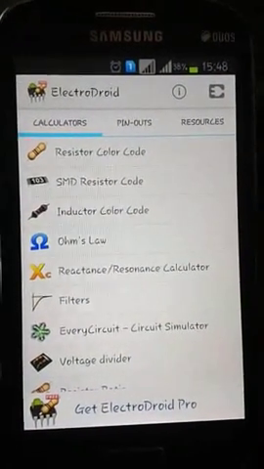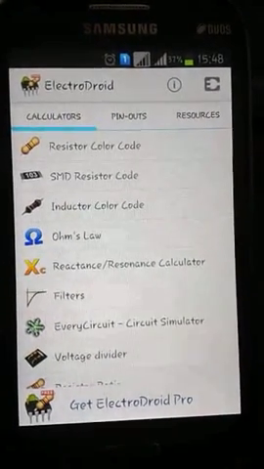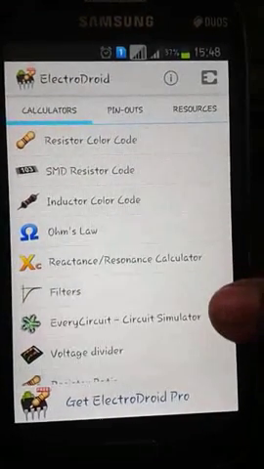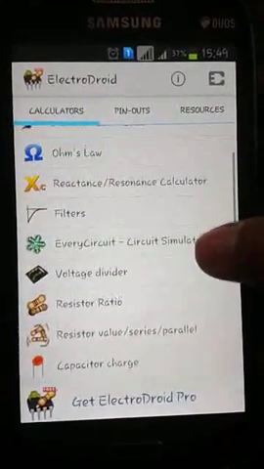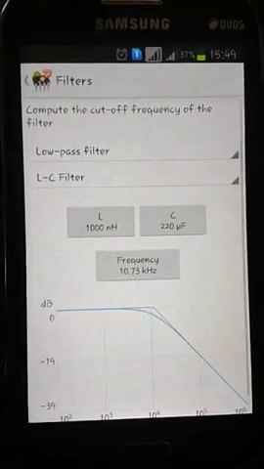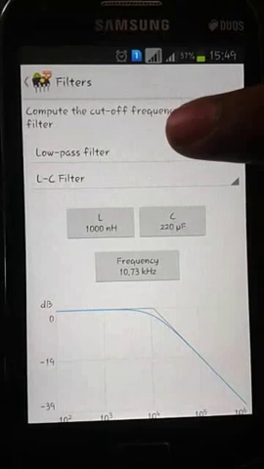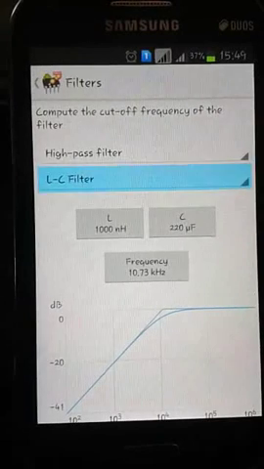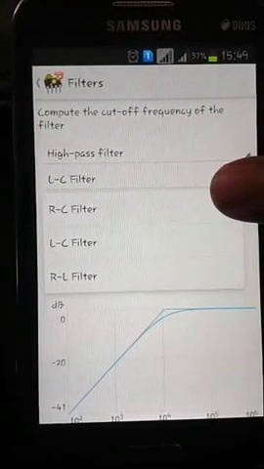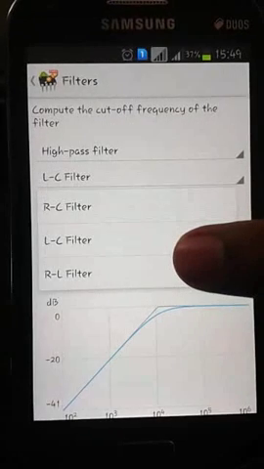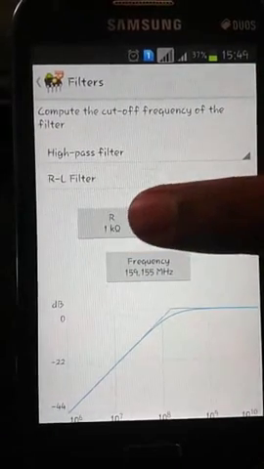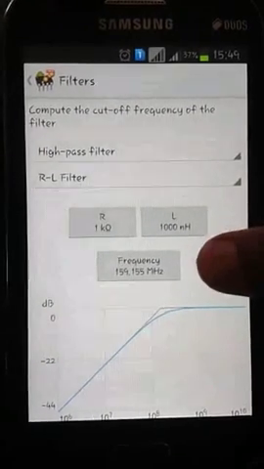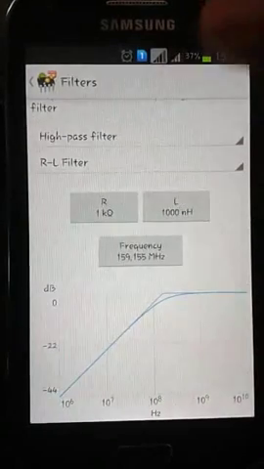Electrodroid has many functions related to electronics, and there are also some similar features that we have shown in the previous apps. Here the additional features are like filters. Here you have options to select low pass filter or high pass filter, and you also have options to select filters from RC, LC and RL. Suppose we select RL. Here we have two options to change the value of R and L, and we get the graph by changing here,